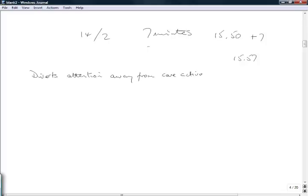These are only notes for me to work on when coming to write an answer. I'm writing them in full here, diverts attention away from core activity, for your benefit. What I would do is maybe put some arrows here, attention from core, which is what I would write for myself, but for you I'm going to write it out in full. What else can we say? Time and effort involved in preparing the tender. The time and effort is really just another way of saying diverts attention away, but it's just something that came to my mind. Experience